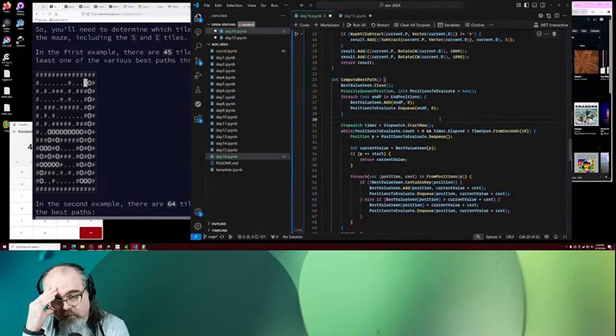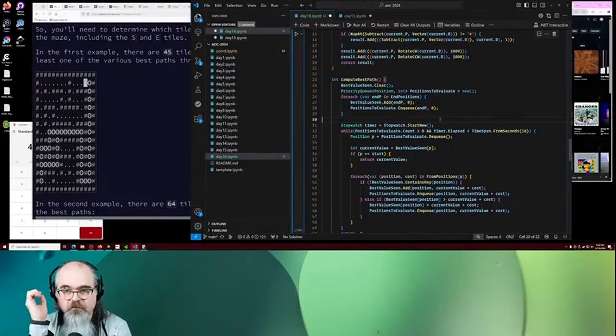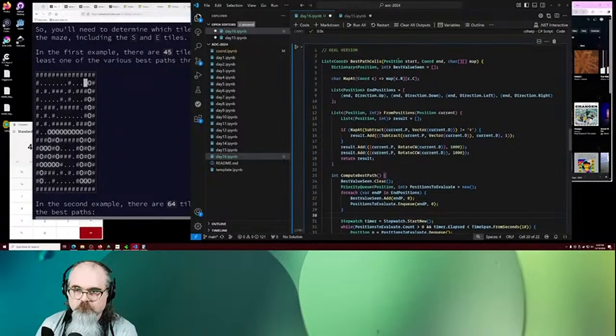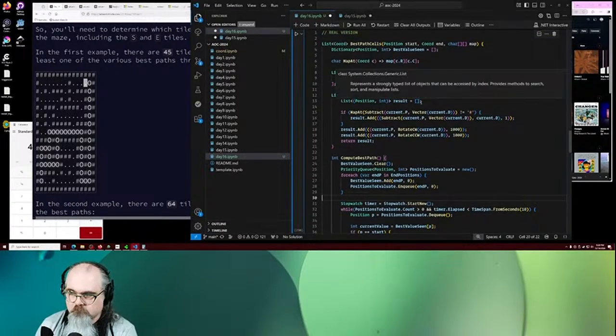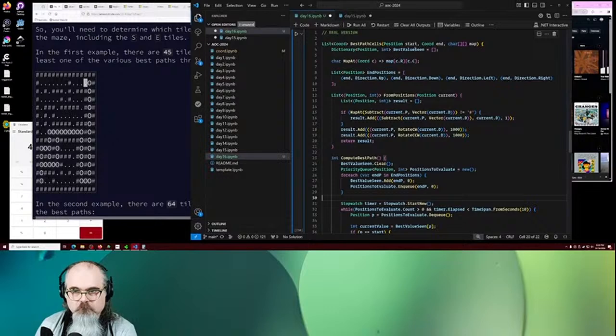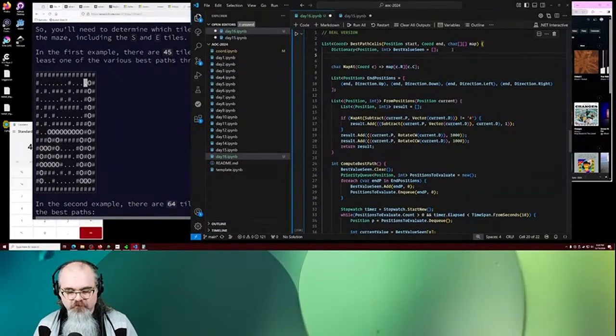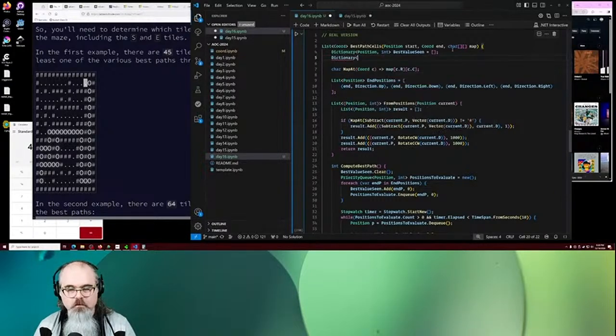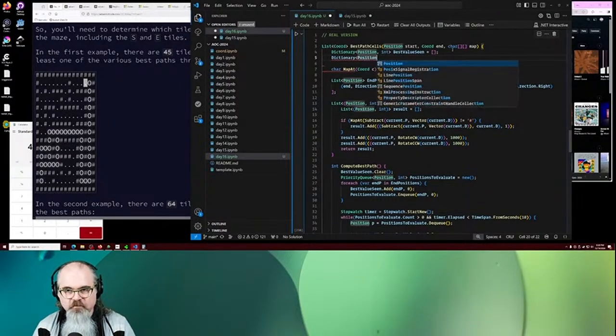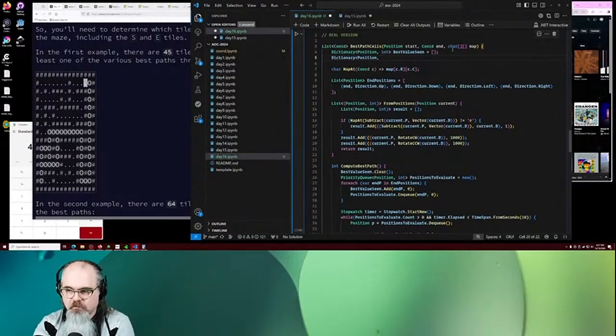Each one of these things, the best value that we've gotten for something, it's a number. What if we change that? What if that is a dictionary, position to